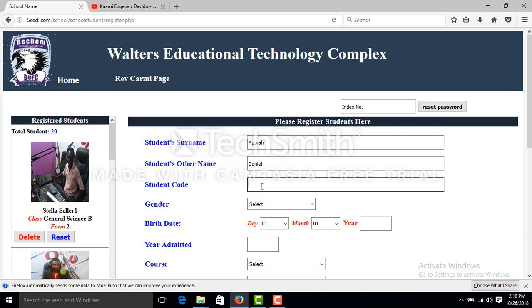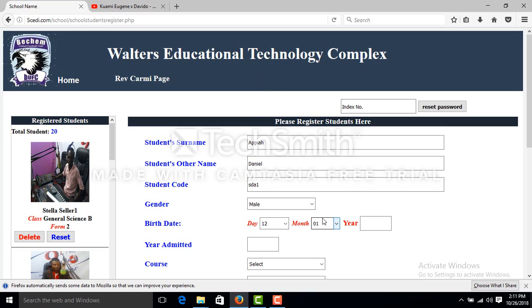Or if the school is, let's say, my former school, Bechem SDA school, they can go for SDA 1 as a code for one person, then SDA 2 for another person, SDA 3 for another person, SDA 4, SDA 5, SDA 6, and it will continue. The child will be using this code plus his password to log into his respective portal. So SDA 1, I will use it as a password,